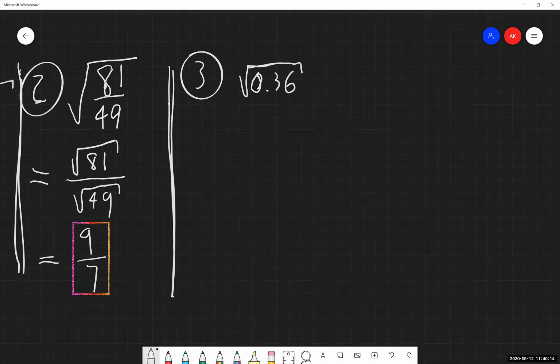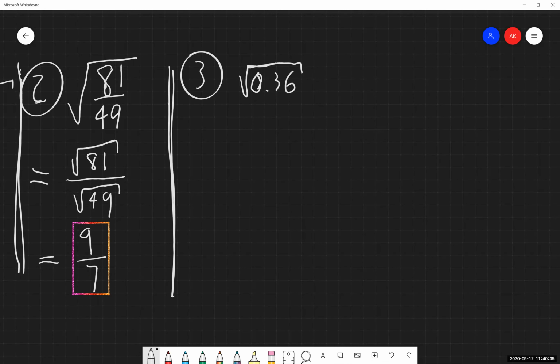And again, my recommendation, just default to using a calculator for it. There is nothing wrong with doing that, especially with decimals. Anything that isn't a perfect square, you can default to using a decimal for that, or using a calculator for that. So again, I'm going to go through that same process that we went through previously, just off screen.